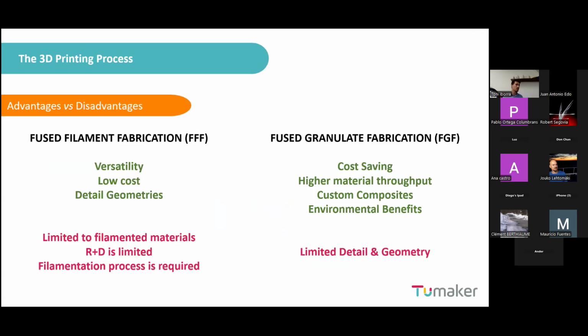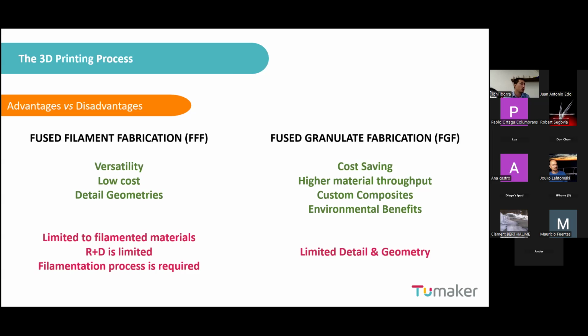So if we do a quick comparison between fused filament fabrication and fused granulate fabrication, we are going to see that for pellet 3D printing, we can have custom composites, and therefore custom materials, custom ceramic or metallic loaded materials, and cost savings because we are avoiding the filamentation process. But a limitation that we can sometimes experience is some limitation on the final surface quality or the geometry of the 3D printed parts, mainly because the control of the flow rate is slightly more complicated